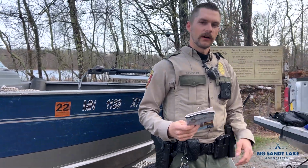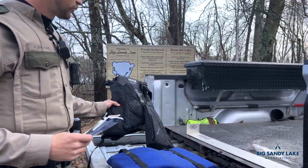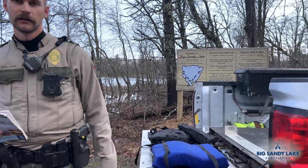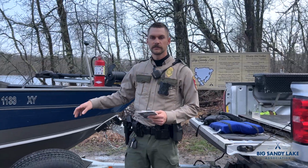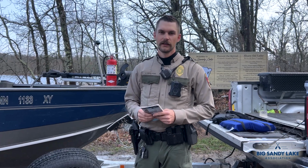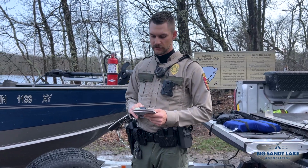Every occupant on a watercraft must have a wearable life jacket. Children under the age of 10 are required to wear the life jacket when they're on the water. The wearable life jackets may be stored in storage compartments, but they need to be readily accessible. Please be aware when placing coolers or other heavy objects on top of the storage containers if that's where you're